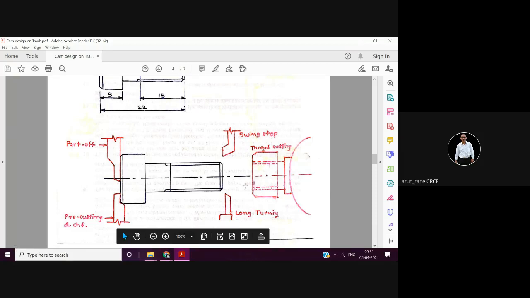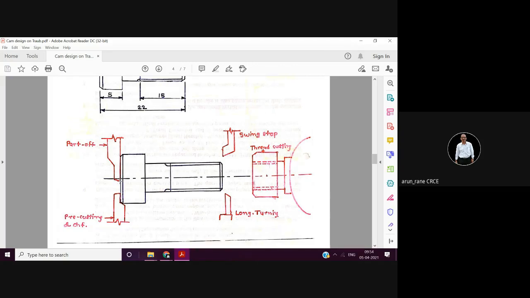By the time this threading is completed, this tool has not gone inside. And also we have to see that by the time this thread cutting is done, this tool has come till 6 mm. बराबर है. तो threading हो गया. Again this returns. Okay. At the same time this also goes back, and now this parting of tool will start coming inside from this diameter 6 mm till here.